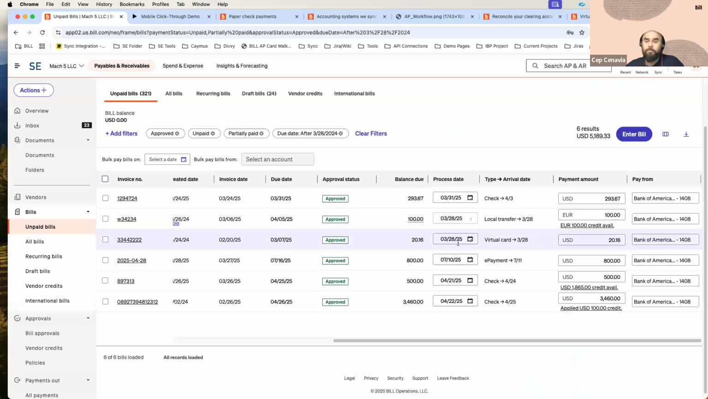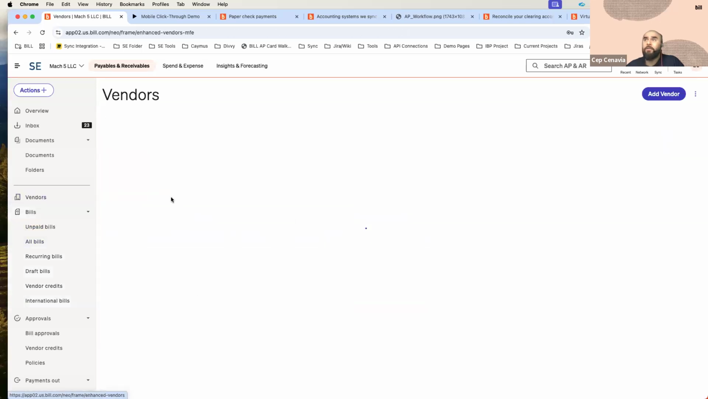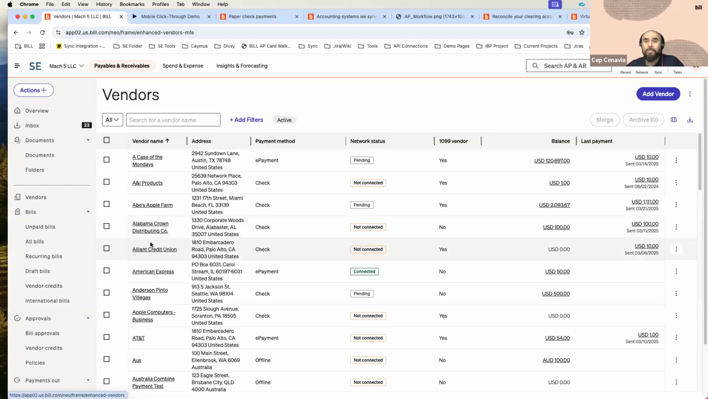E-payments will be another way of sending out payments for vendors. There are a few different ways to set up vendors for e-payments. The first one is as the vendors are being created in Bill, whether it's via a sync with Sage Intacct, Business Central, or QuickBooks, because we were able to bring in the entire list of vendors. Or you can also just enter one in at a time. If you have their vendor banking